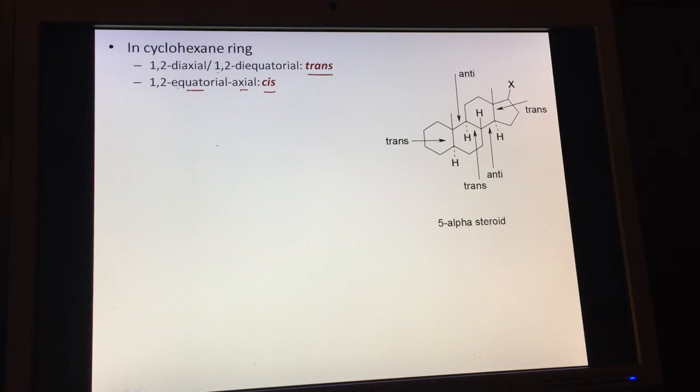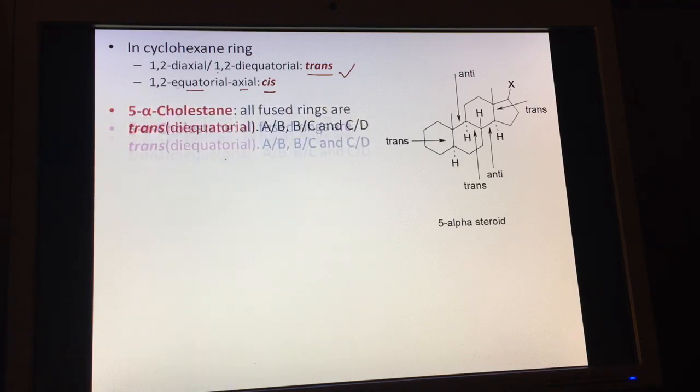Likewise, we can also represent this in the steroid molecule, because we know that these 3 rings are the cyclohexane ring system. So we can designate the orientation as cis or trans depending upon whether they are 1,2 diaxial or 1,2 diequatorial. In both these cases, the orientation is trans. In the case when they are equatorial and axial, it is cis. So in the case of 5 alpha cholestane,